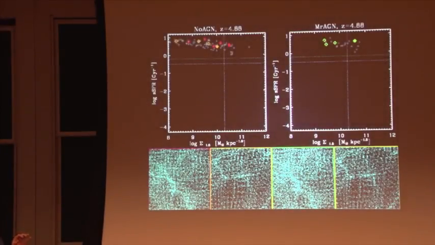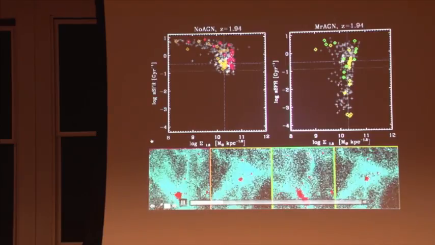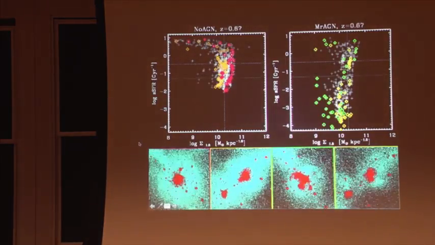Okay, so let me just show you, in closing, a movie showing the evolution in this compactification space. So this is the same diagram we've seen before, specific star formation rate and compactness for a simulation without AGN feedback and with this momentum and thermal AGN feedback. And then the little images at the bottom show just two simulations, again, with no AGN feedback and with the AGN feedback. So you can see how the galaxies actually look over time. And you can see the little redshift bar at the top.